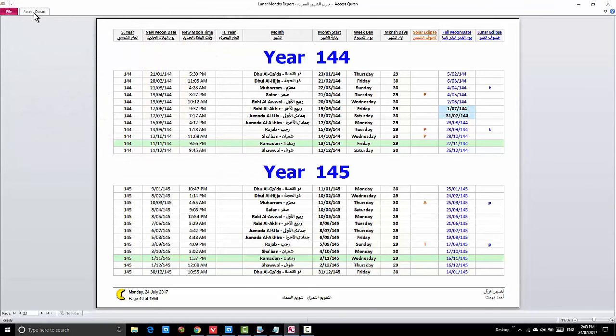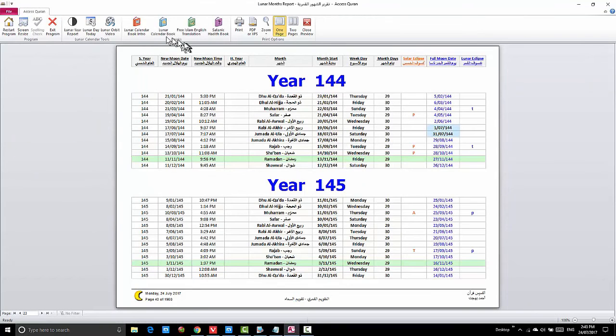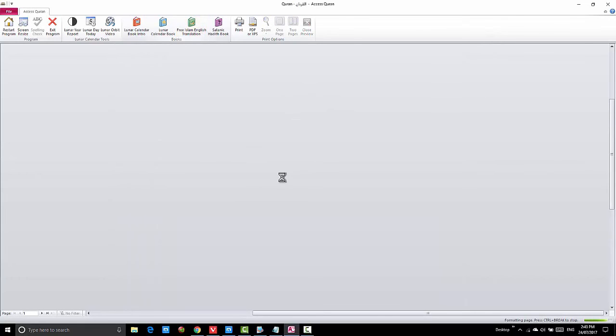Okay, so we view the ribbon again. So here is the lunar calendar book. That's all the lunar months calculation if you want to print it. And here is free Islam English translation. So all we do, you just click it, bang, and look what's gonna happen. We shouldn't do it while we already have another report in there, but it doesn't matter. Okay,